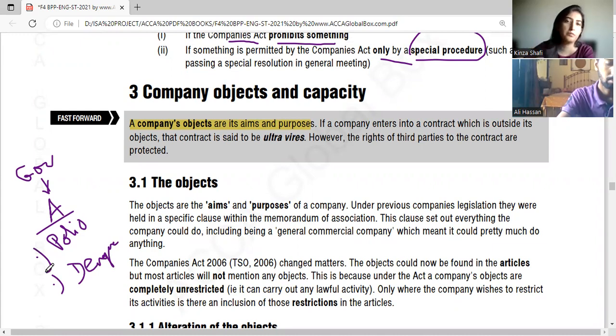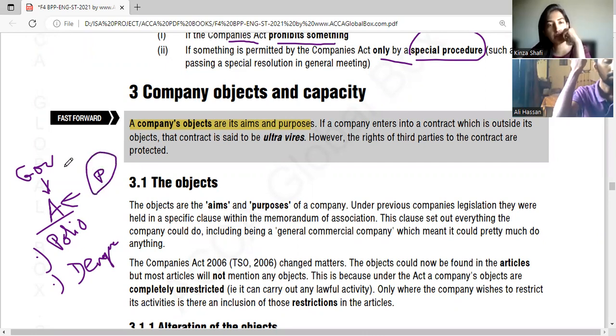They're poking their nose. But ma'am, what does this last line mean? However, the right of the third parties to the contracts are protected. राइट्स ऑफ द थर्ड पार्टीज, यानी अब ये ए का कसूर है ना कि ए ने अपने कॉन्ट्रैक्ट से बढ़ के या आउट ऑफ इट्स डोमेन जाके काम किया, मगर ये डेंगू के कतरे किसको पिलाए? पब्लिक को। Third party, public. थर्ड पार्टी को गवर्नमेंट नहीं पकड़ेगी, थर्ड पार्टी को रिस्पॉन्सिबिलिटी कोई नहीं है उसके सर पे। सारी रिस्पॉन्सिबिलिटी बॉडी ए पे है कि व्हाई डिड इट क्रॉस द लिमिट्स।